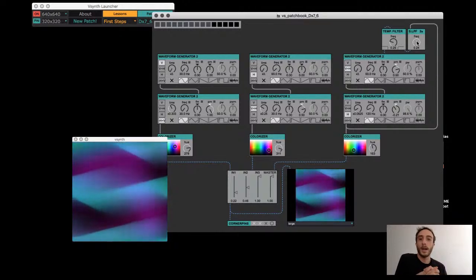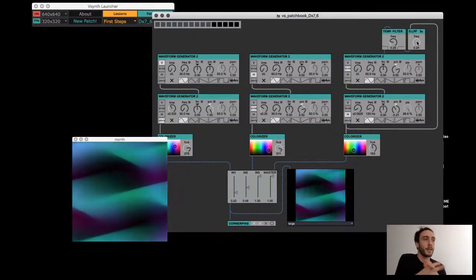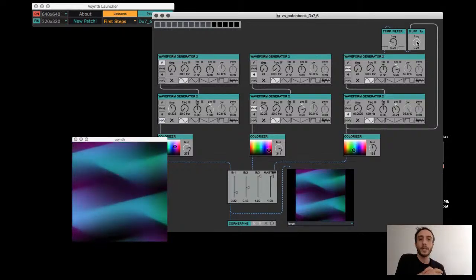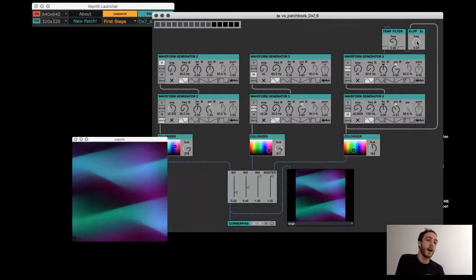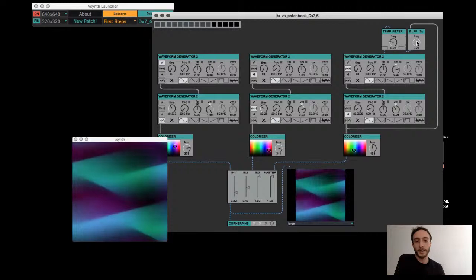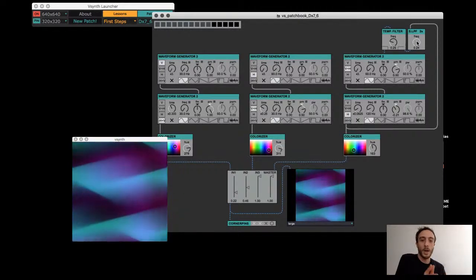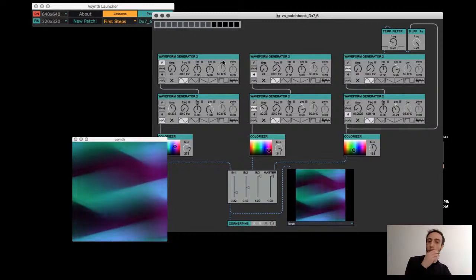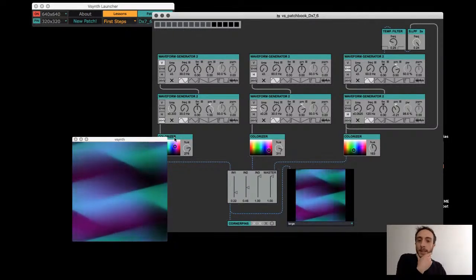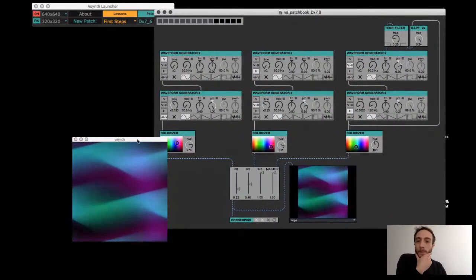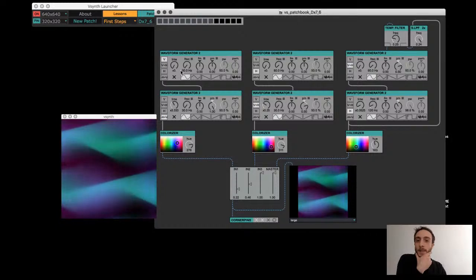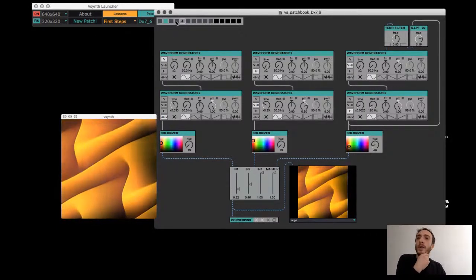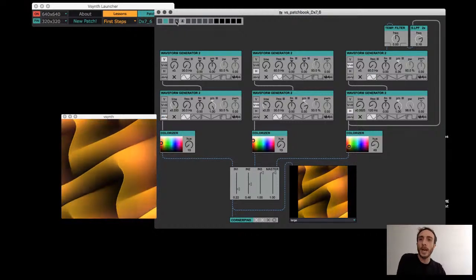So again, since we are working here with images, there are some things that are similar to audio, but there are other things that are just from this medium. So again, this is the 6th algorithm from the DX7, but producing images. And you can have here some presets